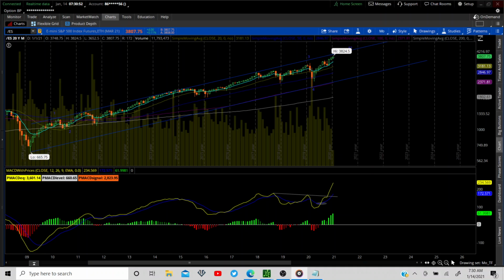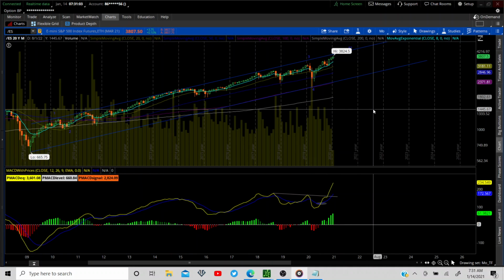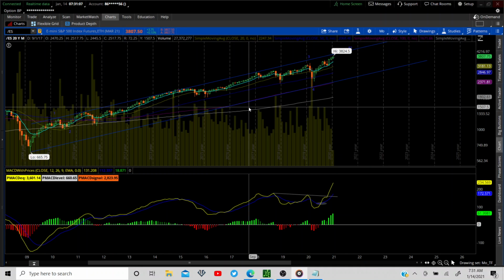So we're going to go through ES on the multiple time frames, check out their Elliott wave, see where we're at with our moving averages, and compare it to the MACD. And that will give us our framework here that we do on Options Tender. So here we are. Let's dig into it.